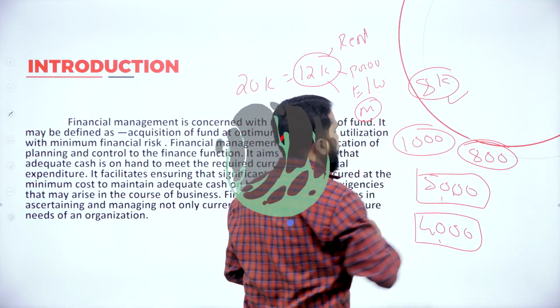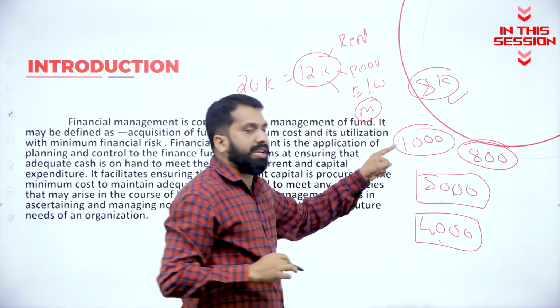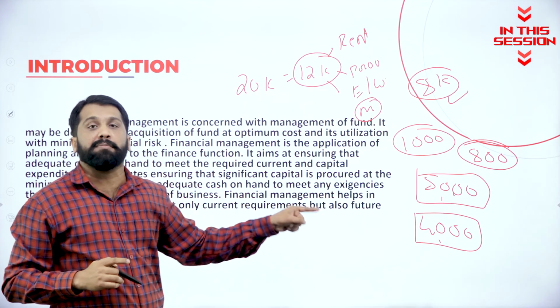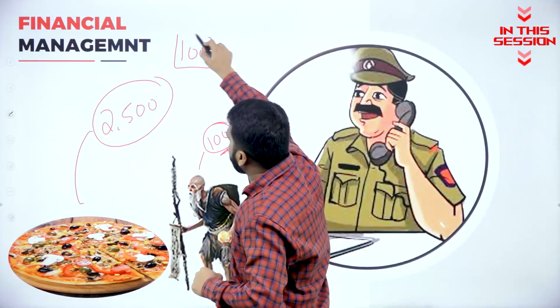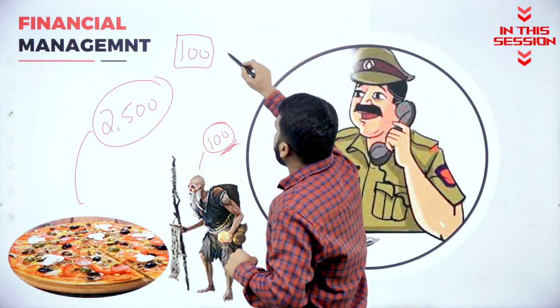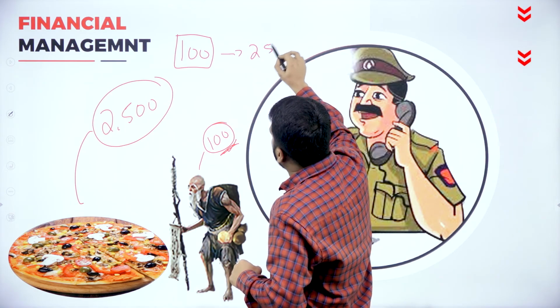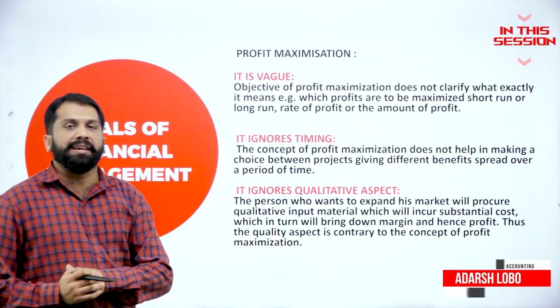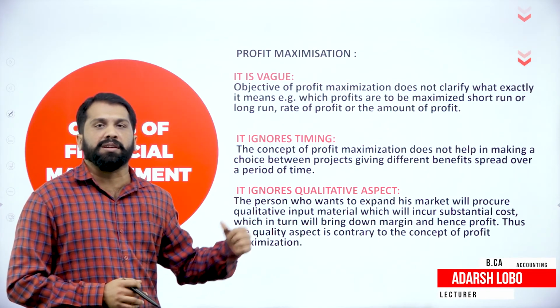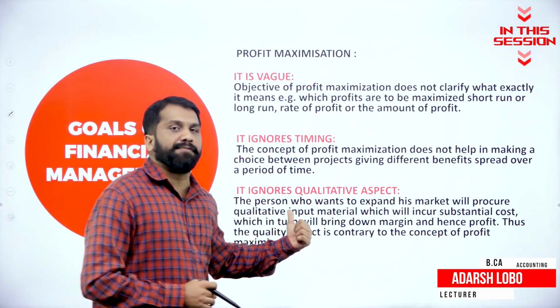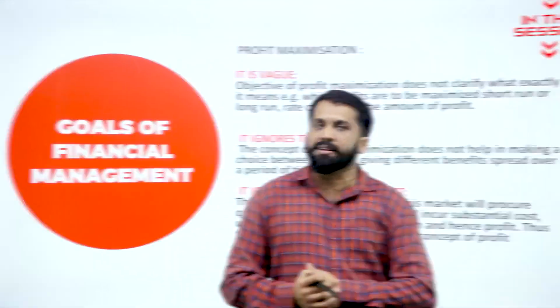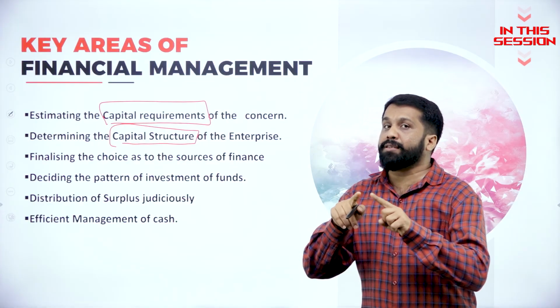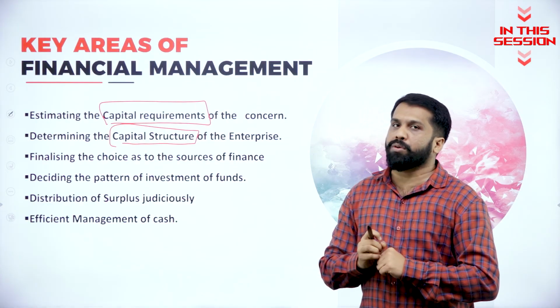Even though it is 8K, everything will be managed by your mom. With finance of 100, he spent 2500 worth of food. Remember, you may get a 10 or 15 mark question on this. What is financial management? What is your requirement? You need to structure how can I borrow, like